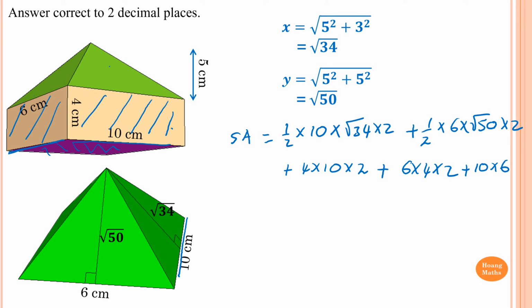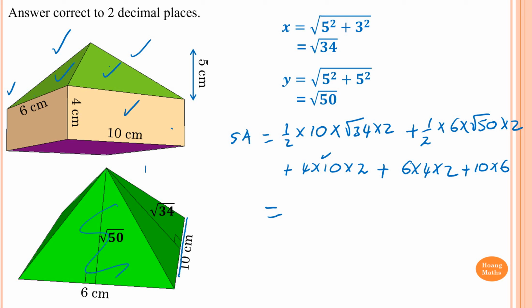Now all we need to do is put that in a calculator, and we can double check to see if we missed out any side. Now we have square root of 34, the first one, times 2, that's this side and the back, and then square root of 50 is this side and the back, so we times by 2, which gives us the top. Now the top cover, let's double check on this. 4 times 10 is this side, times 2 and the back. 6 times 4 is this side, and times 2 and the base, so this is it. So it covers everything. So if I type this in the calculator, which gives me